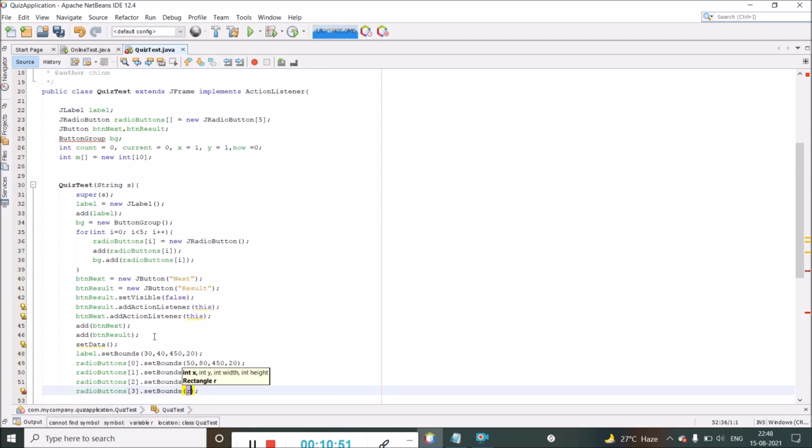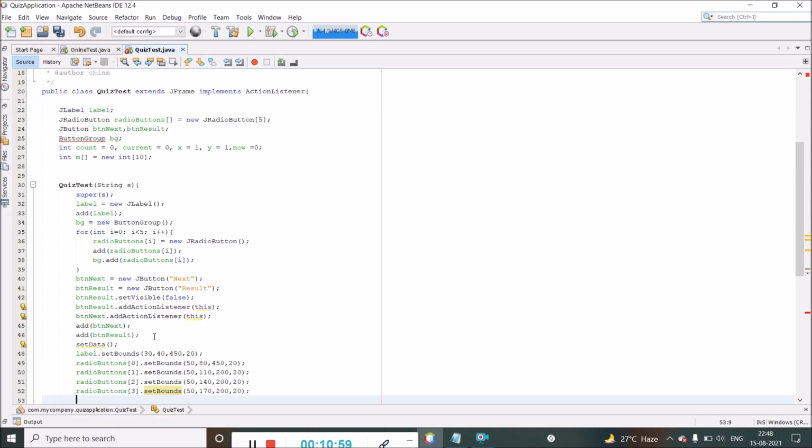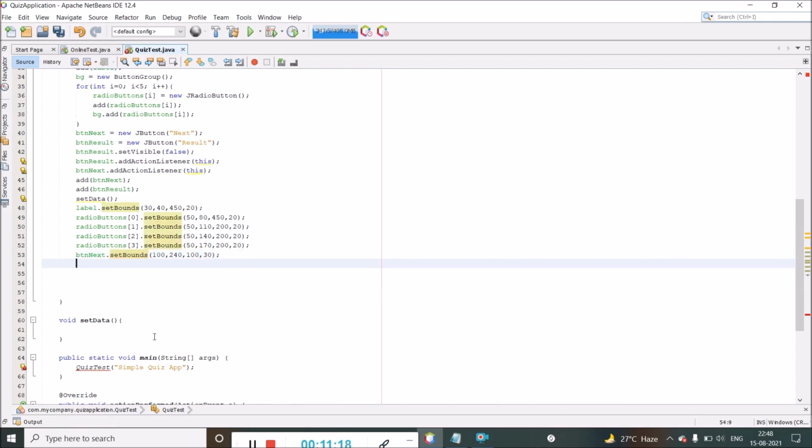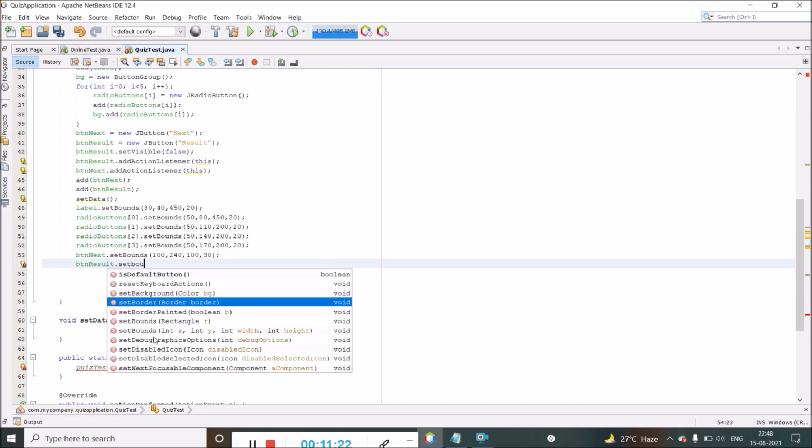Then for third button we will be setting it as 50, 170. After that we will be setting bounds to our next button, that is button next dot set bounds, and for next button we will be setting it as 100, 240. Then similarly for our result button, set bounds,